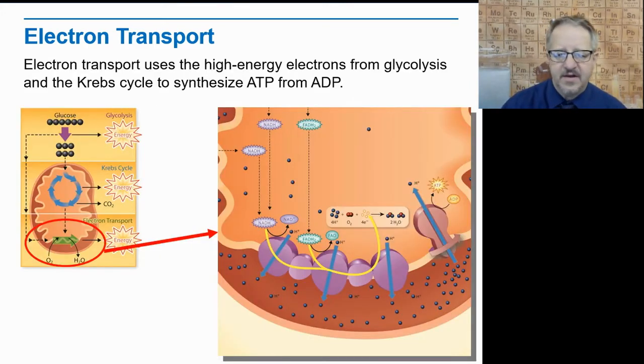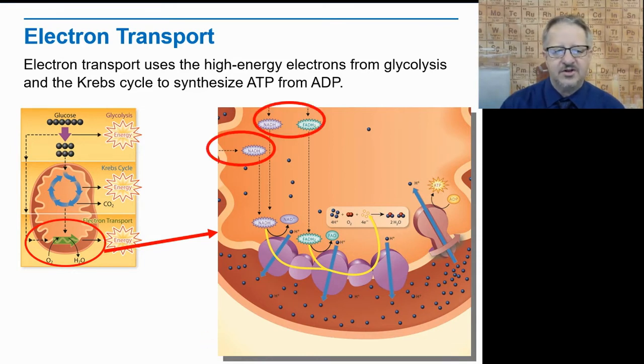Let's dive in a little bit to this. And remember that the NADH and the FADH2 are byproducts of glycolysis and the Krebs cycle. We get some of those molecules from both of the first two stages. And we see that these high energy electrons are going to come in and join the electron transport chain party. So we're looking forward to that arrival. And basically, they're going to bring with them some high energy electrons, which is going to be important to the